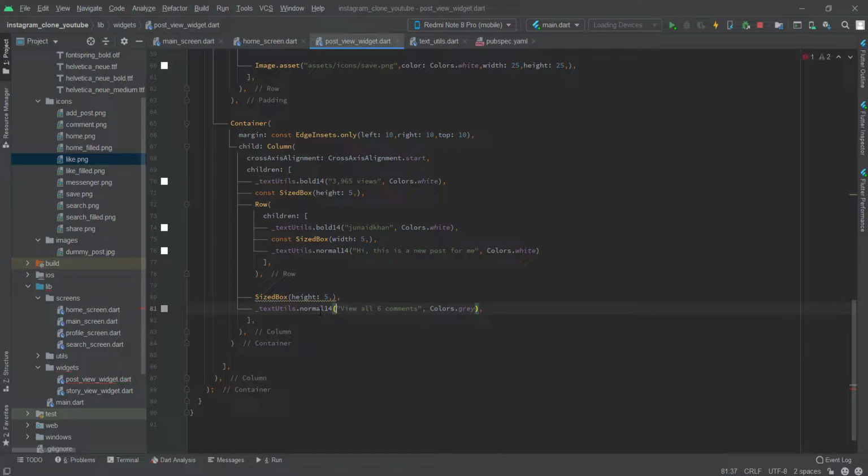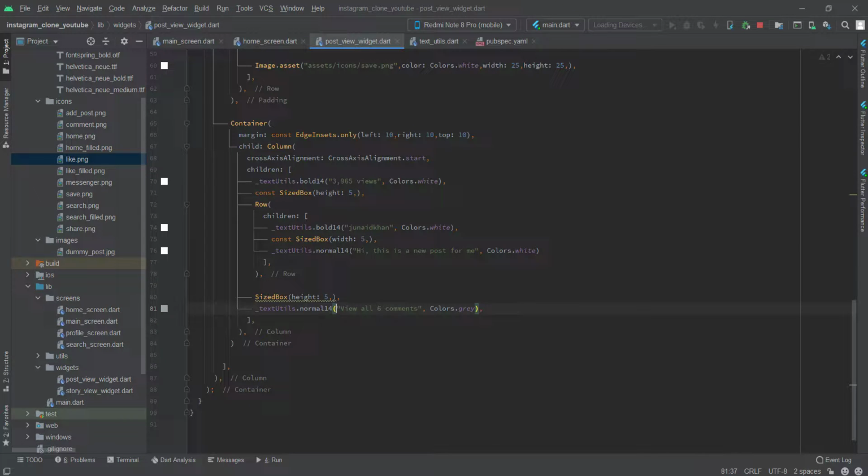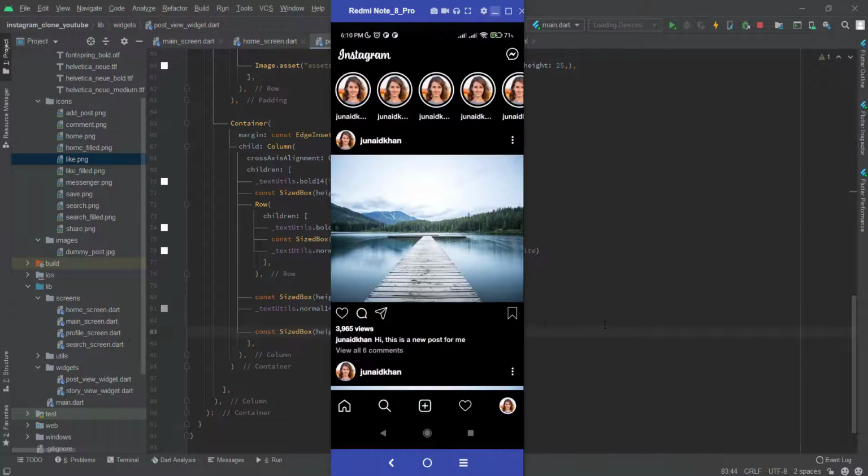Normal is perfect. Again, empty space. Okay, so now we need to add